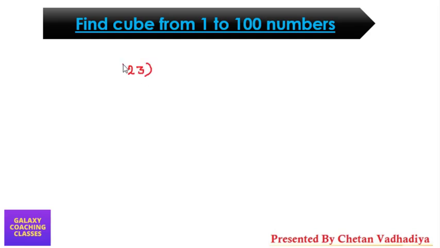23 cube. So if I want to find out, 3 cube is 27, 2 carry. 3 square is 9, 2s are 18, 18 threes are 54 plus 2 is 56, 5 carry. 2 square is 4, 4 threes are 12, 12 threes are 36, 36 plus 5 is 41, 1, 4 carry. 2 cube is 8, 8 plus 4 is 12. So this is the answer, guys. You can see how easily I found the cube of this. You can check this answer also. This is totally correct, guys.